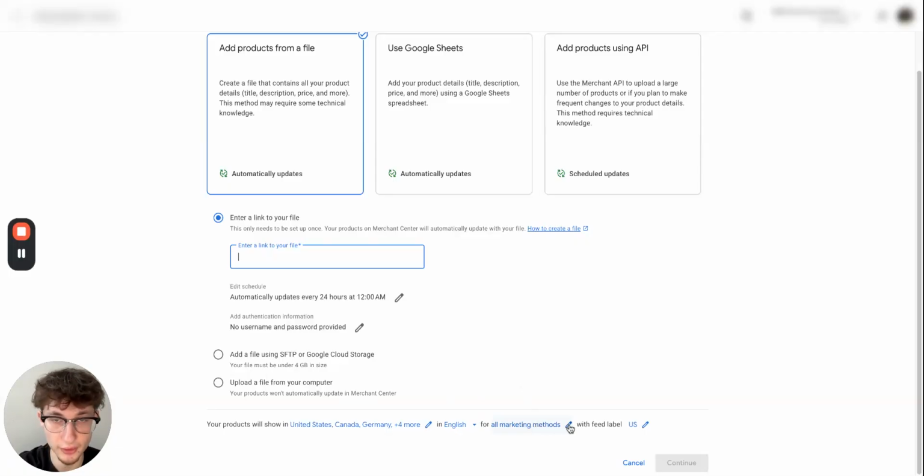So again, if you're running Google Shopping ads, make sure that you've actually selected Google Shopping ads as a marketing method, because if you don't, then that feed won't be pushed and you can't use it for ads. And the same thing that you need to make sure, this is super, super important. Once you've set up both a US and Canadian feed through DataFeedWatch or any other type of feed optimization tool,